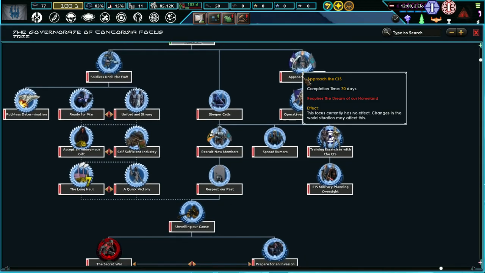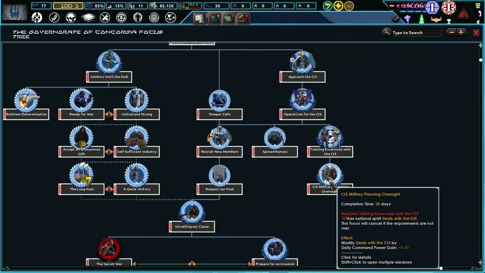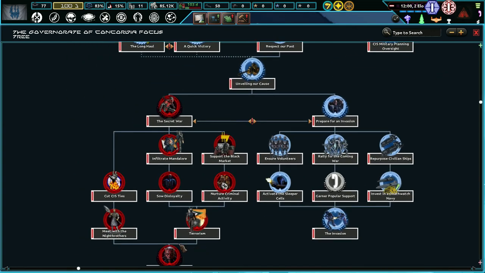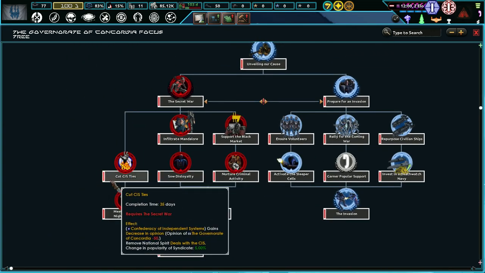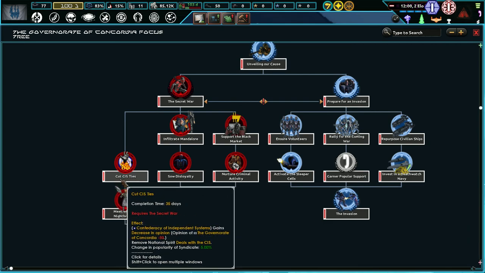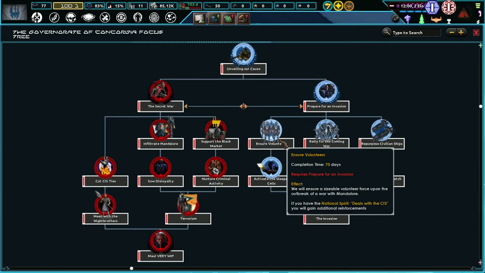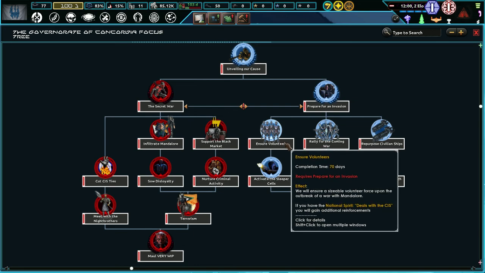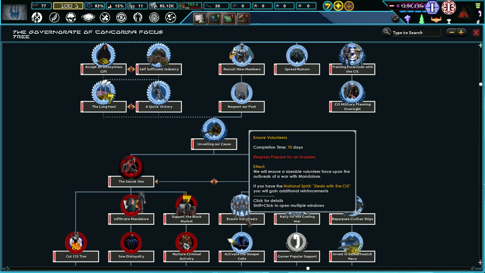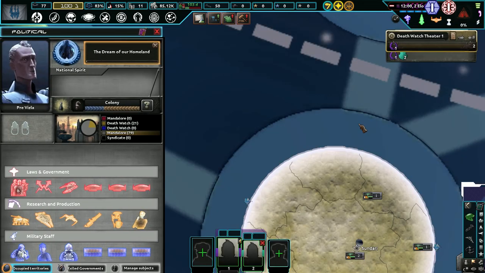You can also choose to approach the CIS and have these deals with the CIS, as it is here. But if you go through here, we will cut CIS ties, which means you will not be cooperating with them. If you have the deals with the CIS, I will gain additional reinforcements, but I don't want to go with the CIS because I want to go neutral